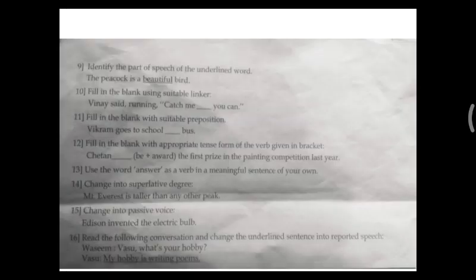Next, change into passive voice. Here, this passive voice and reported speech you can't learn in one single day. You need a little practice, and you need to know the rules and regulations that are used for active voice and passive voice, and then reported speech. In the upcoming video I'll try to deal with active and passive voice and then reported speech. I'll try my best by the 1st of this April. Okay, let us discuss that later.